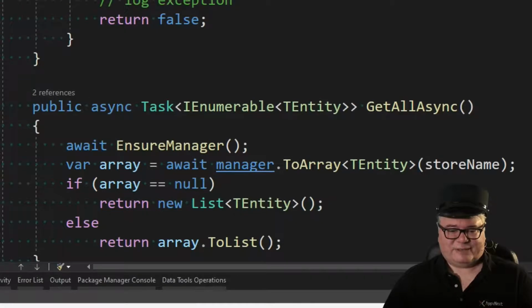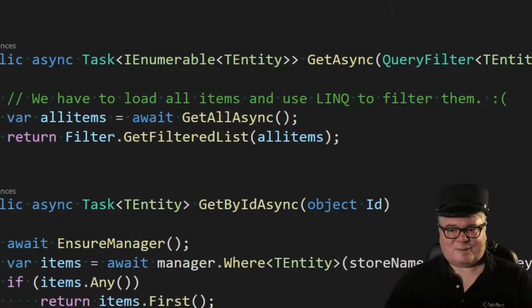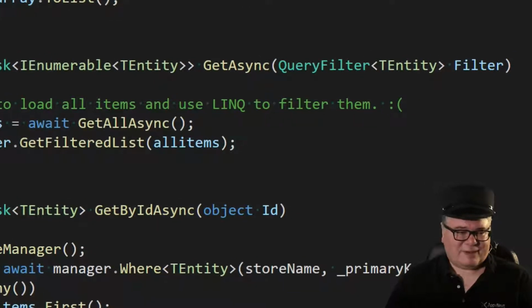Otherwise, we're returning the array to list. All right, now this one. Get async with the query filter of tEntity. If you go back to episode 76, you'll learn all about query filter, or you could just read the repository